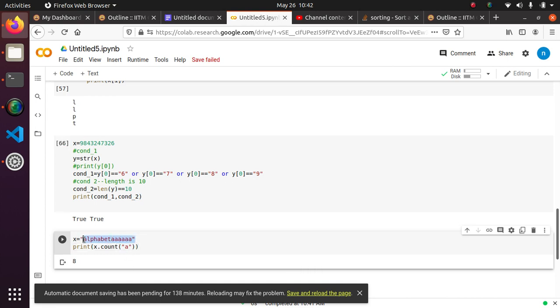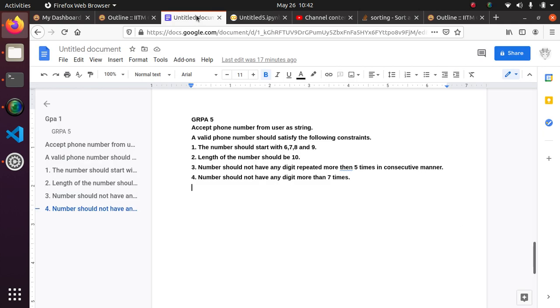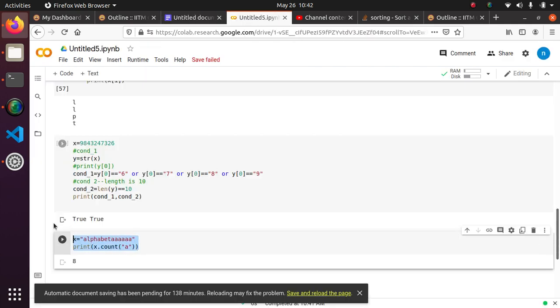You should relate this to here. The condition says any digit repeated more than 5 times in a consecutive manner. Since it's consecutive, I guess we can use a for loop here. 5 5 5 5, so 5 times is allowed. If it goes to 6 times, then it should print false. So how to check this? I'm still wondering.